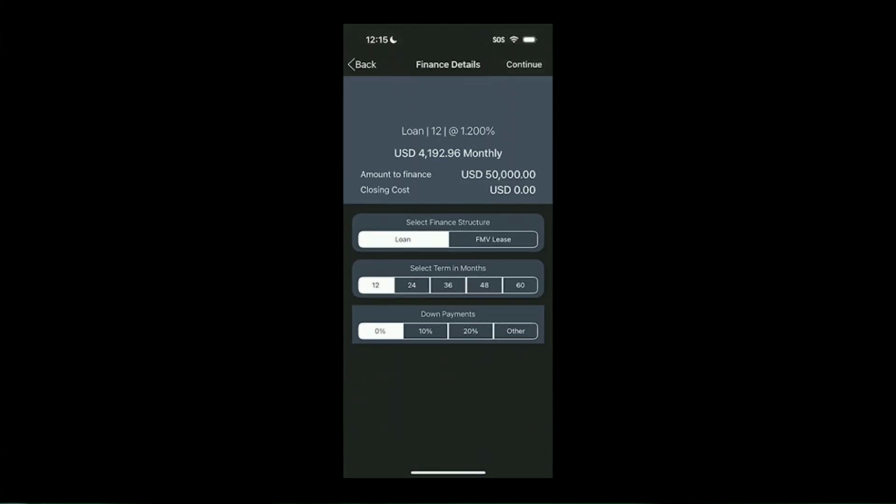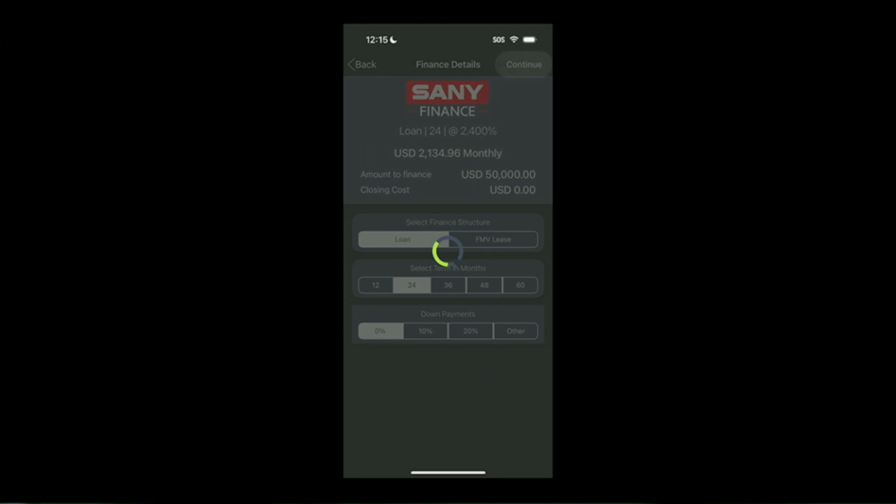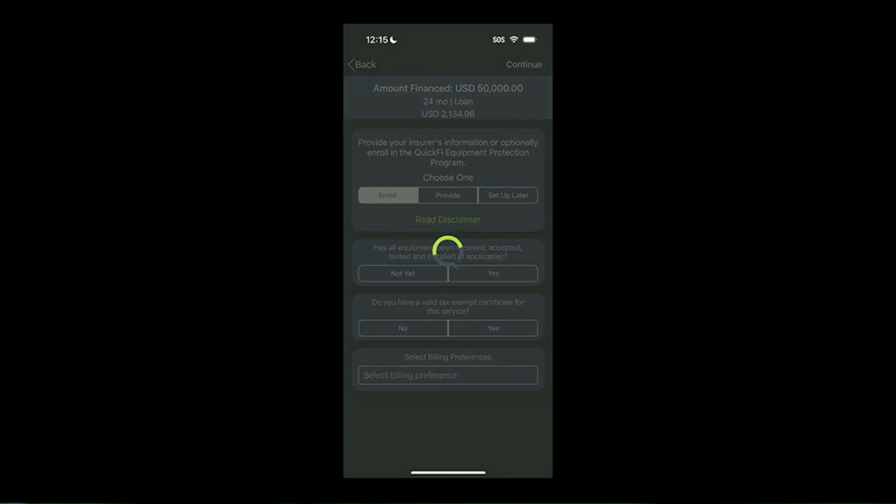The equipment buyer confirms the desired finance structure and term length and sees the monthly payment update in real time. She can then add insurance coverage with our embedded insurance feature. Business borrowers can instantly procure insurance with the tap of a button.